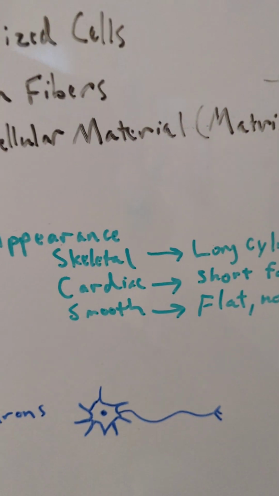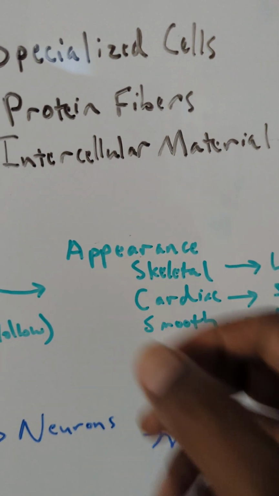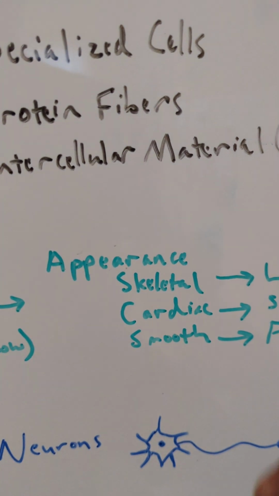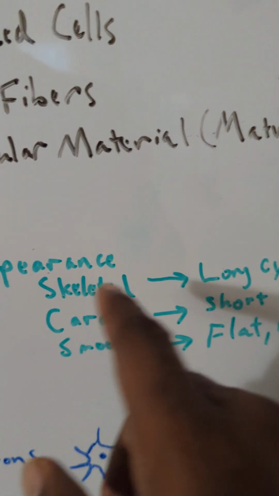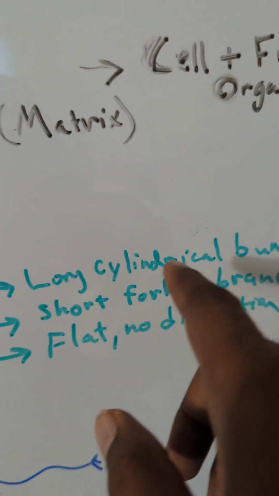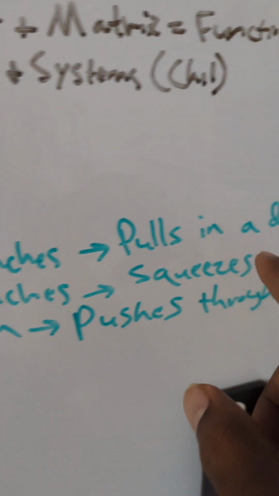But the law of Ludacris states that when skeletal muscle contracts, it moves a bone. And when the bone moves, you move just like that, right? So that's the law of Ludacris. So skeletal muscle, when you look at its cells, they're long, cylindrical, and in bunches, and they pull in a